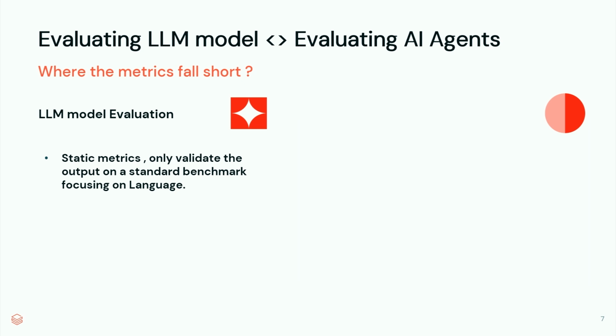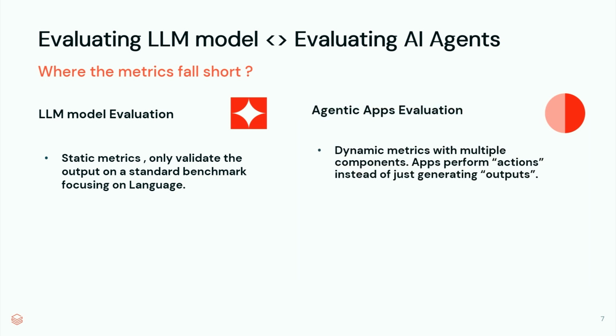When we are talking about LLM evaluation, we are basically talking about the capability of a language model to produce an output. What does that mean? I have an input, and I am evaluating how good the language model is at producing the output, be it a summarization, sentiment analysis, categorization, and so on. So your environment is quite constrained, and you already know what is expected, at least in some form. But an agent is different. An agent is not only generating an answer, it is giving you an output, basically doing some action. So things become completely different when you are expecting an application to do certain things.